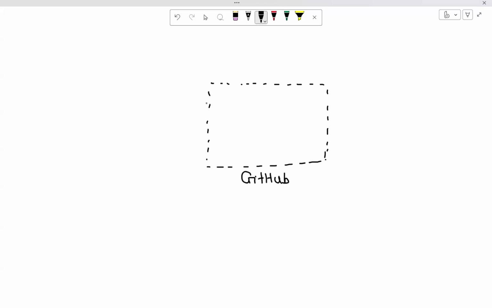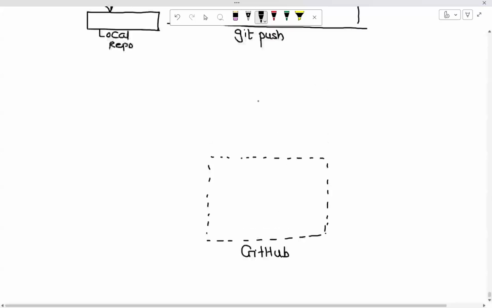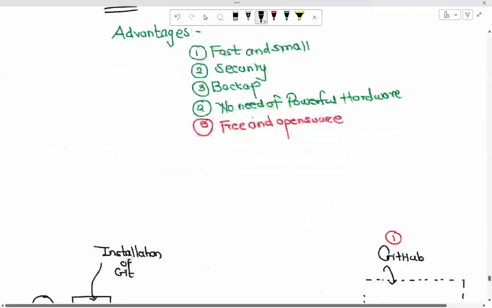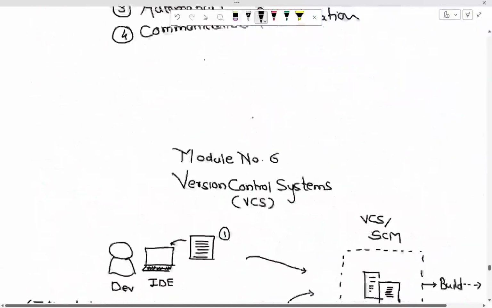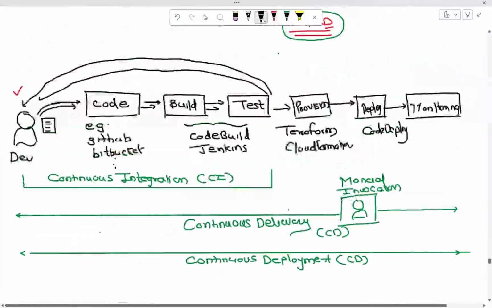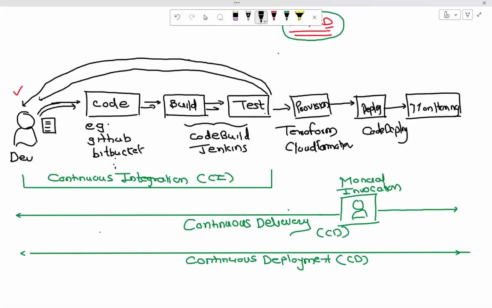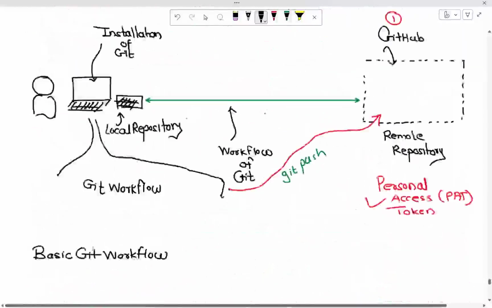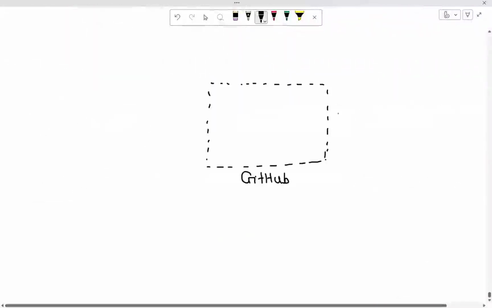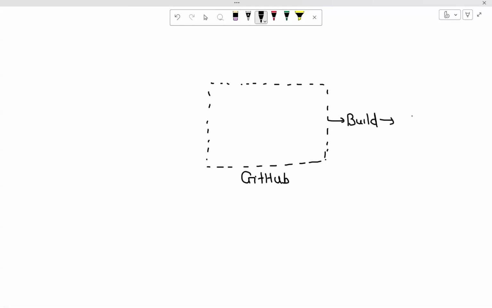From the DevOps standpoint, this is important: in DevOps, we have an entire workflow. GitHub sits over here, but thereafter there are many phases or steps that we take up in order to set up a software development lifecycle. After GitHub, you further have build, then you have test, and so on.